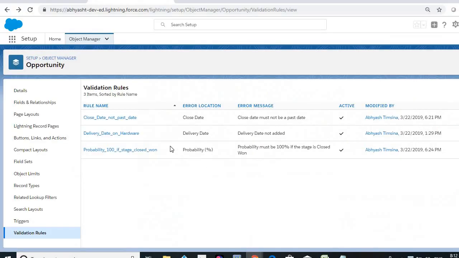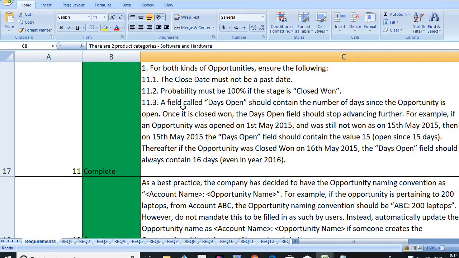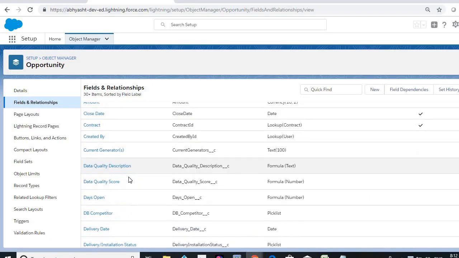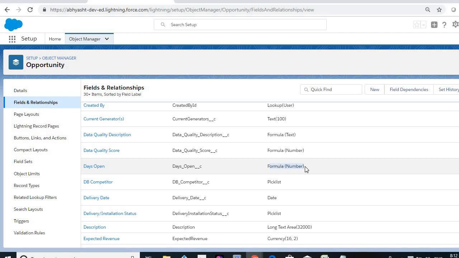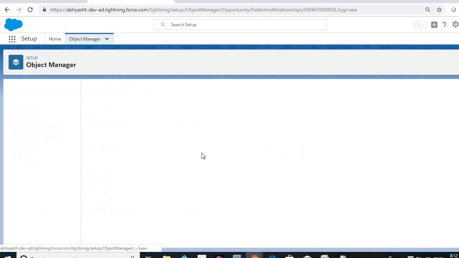So if you go into the opportunity object and go into the fields and relationships, it says here that a field called days open, right? So I have to create a new field called days open. And I've created that as a formula. So if you click on that,